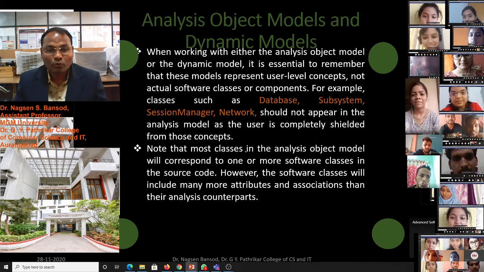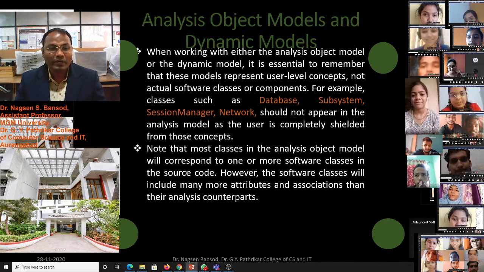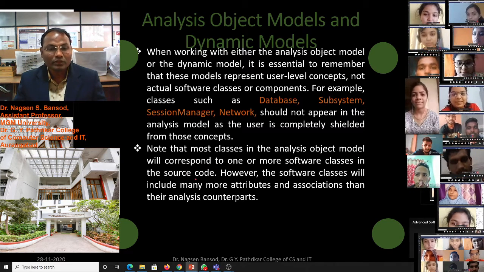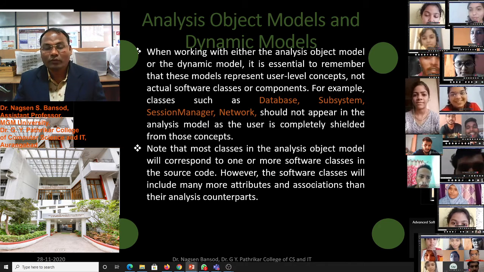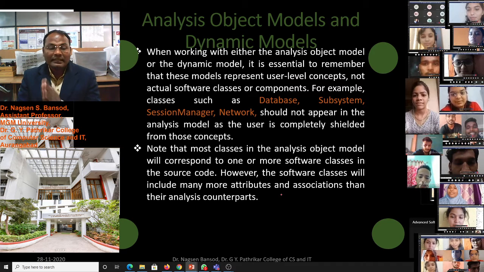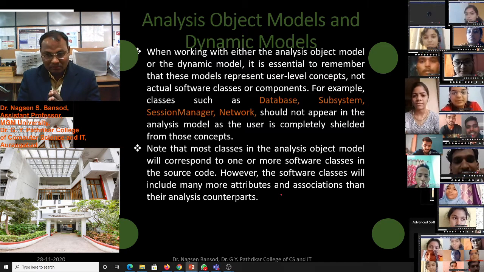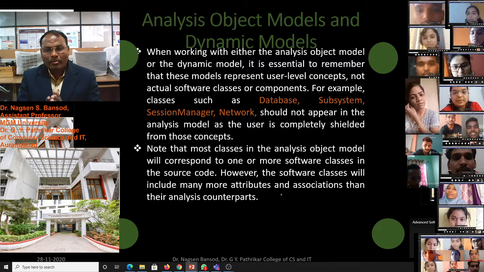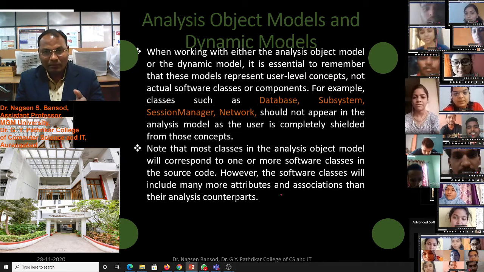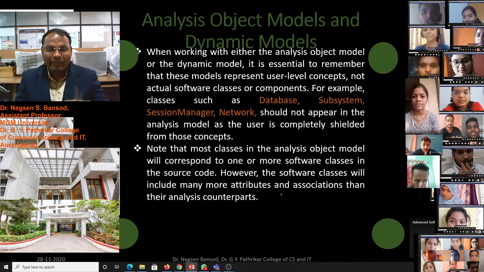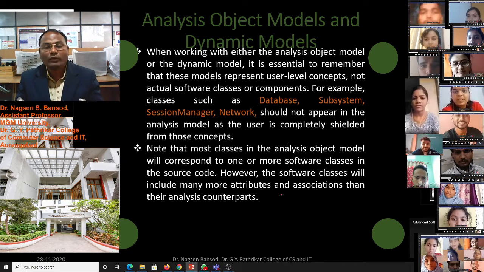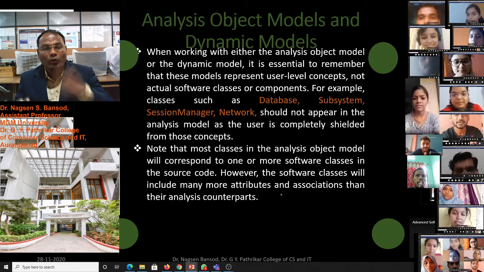Note that most classes in the analysis object model will correspond to one or more software classes in the source code. However, the software classes will include many more attributes and associations than their analysis counterpart. One model in the analysis may be associated with one more object of the code.